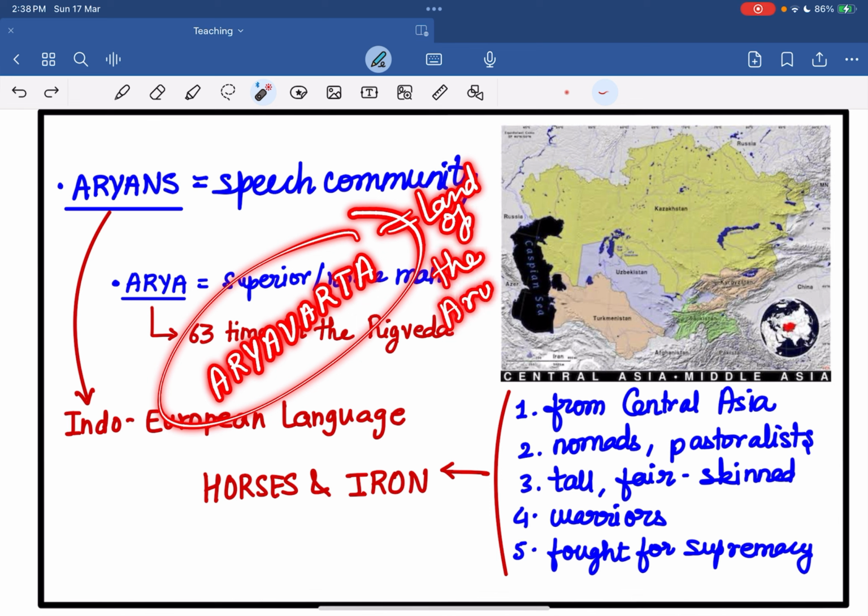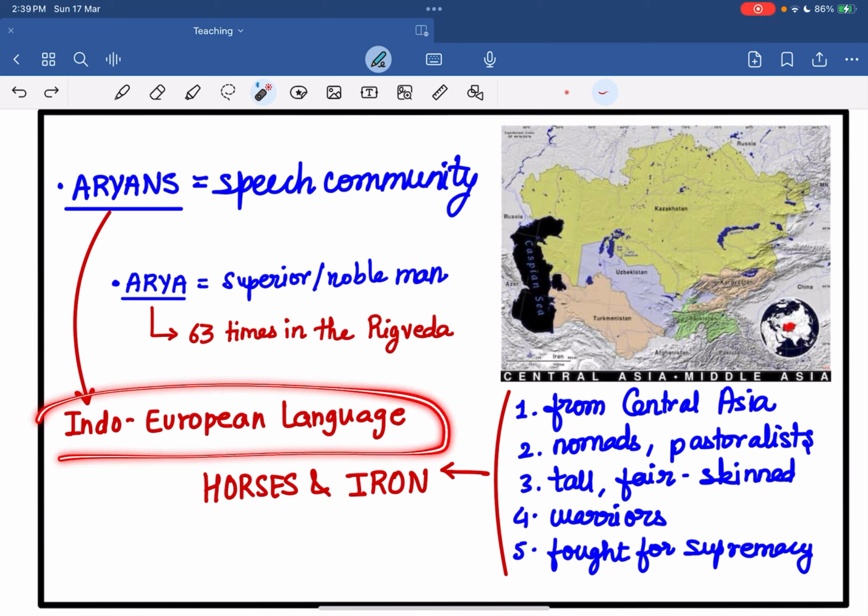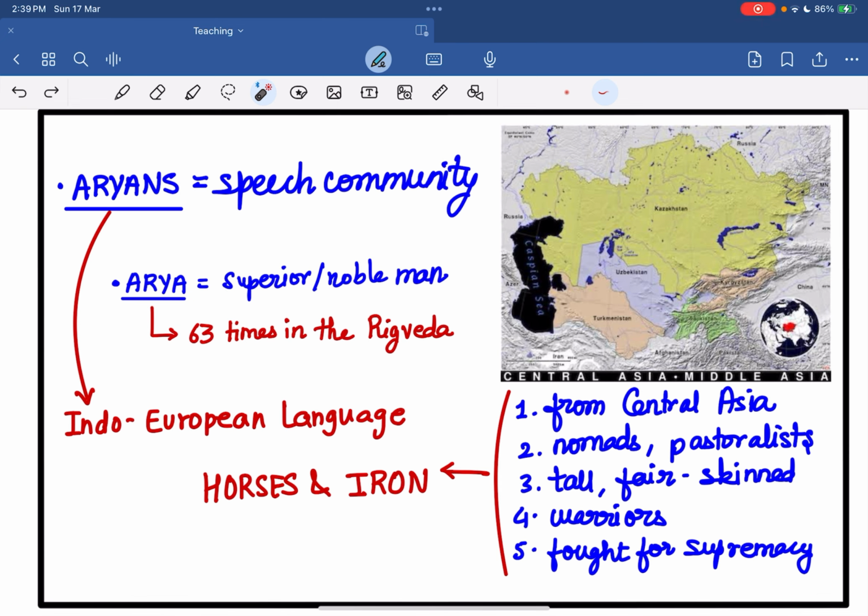And what are we talking about? Which land are we talking about? The land that they came and settled in. So typically North India happens to be Aryavarta, which is the land of the Aryans. Now see, when we talk about Aryans being a speech community, they spoke the Indo-European language. They must have had some impact over language, no? Wherever they must have gone, they must have taken with themselves this language, and eventually this language must have evolved